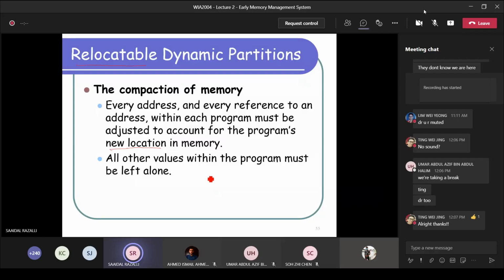All the other values within the program must be left alone. The values are still the same, just the location of the address is changed. Meaning that